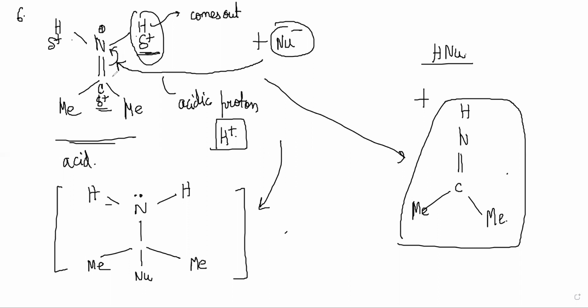So what we have to be aware of here is that even though there is a plus charge, this is already filled with its 8 electrons, the octet. So something else has to act as the electrophile. This is not an electrophilic nitrogen. It is already satisfied with 8 electrons. So something else has to be the electrophile here. H plus will be there, C plus will be there. These are the two alternatives, the two sites where the nucleophile can come and attach.